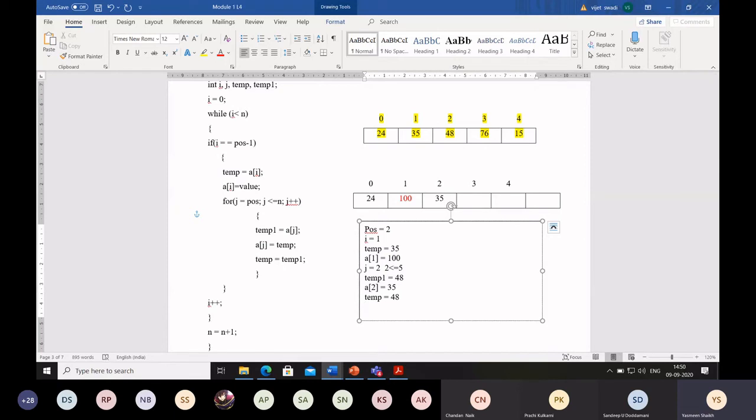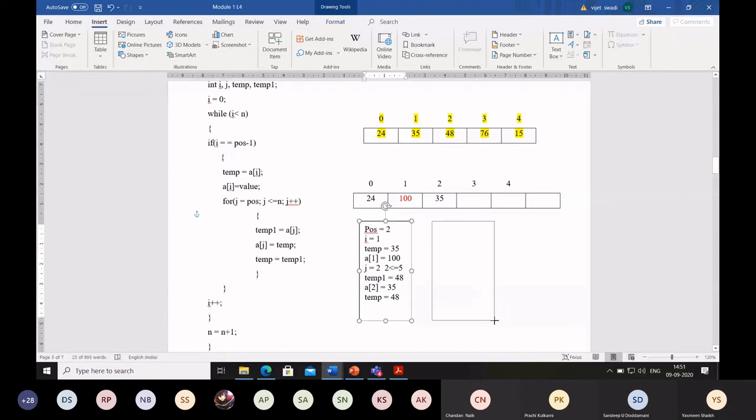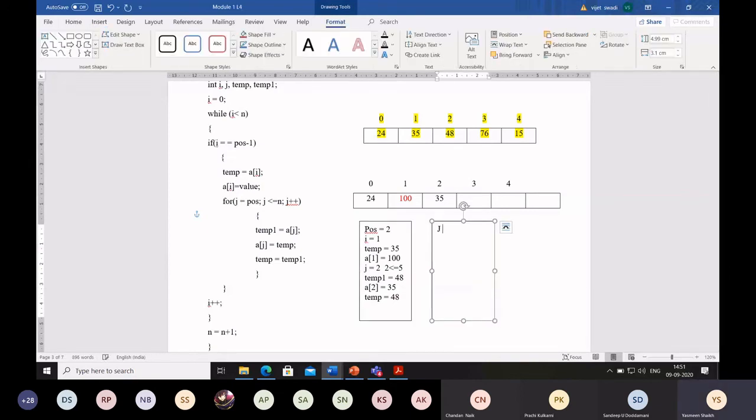Then what next we have to do? It is a for loop. This for loop should repeat now. So while repeating the for loop, this j value should be incremented. So now j value will become how much? Earlier j value was 2. Now j value will become 3. For this for loop, what is the condition? j is less than or equal to n. n is how much? 5. Okay. Then as it is true, whether 3 is less than or equal to 5? Yes, it is true.